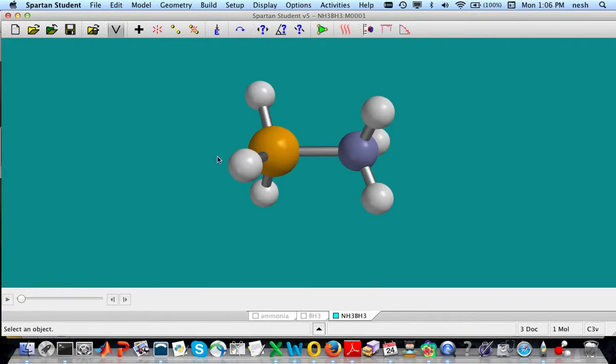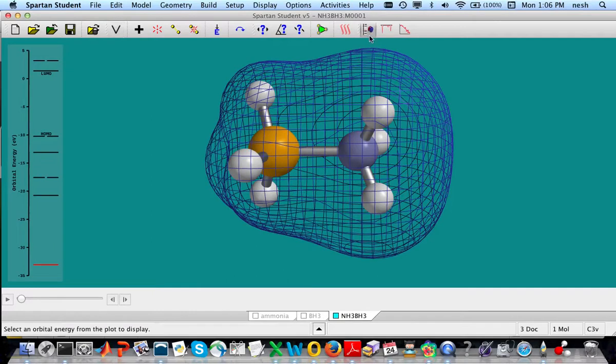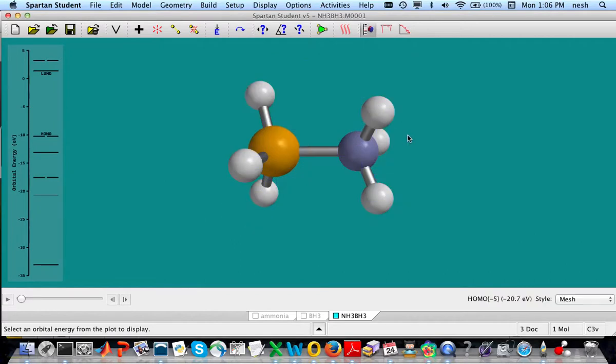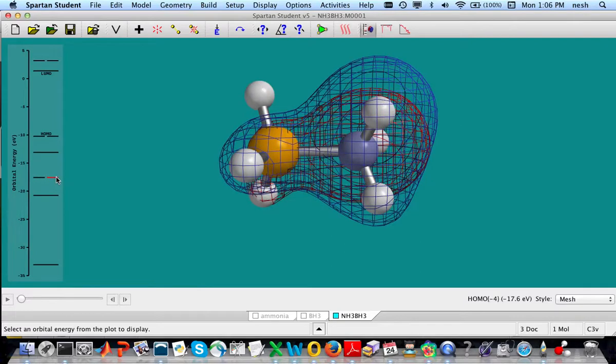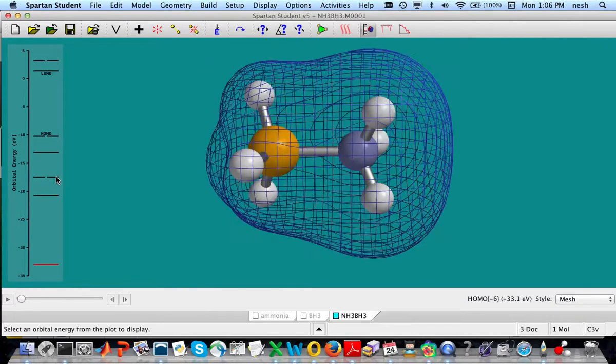Now you've already figured out how to make the adduct in Spartan, so I'm just going to show the molecular orbitals for that one. Here's the ground state of NH3BH3, and if you count up all the electrons, you'll be able to confirm that we have the correct number of electrons in here. There we go. So here are various MOs, and the idea is that you're going to go cruising through here